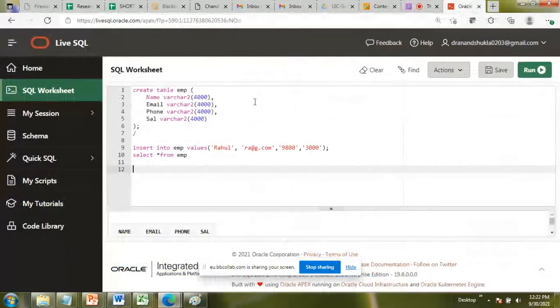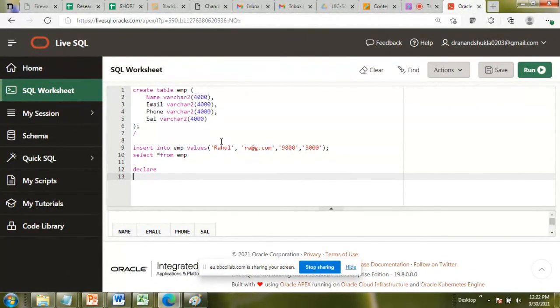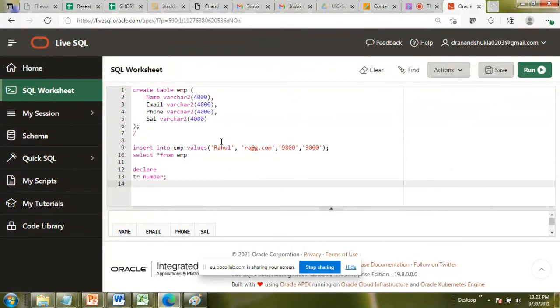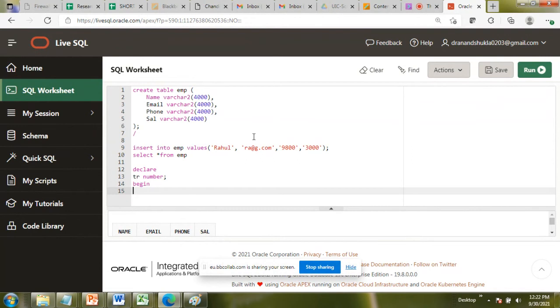So let me create a program for this. Now I'm going to declare here. What am I going to declare? Total row, TR number. See very carefully. If you observe anything, please let me know. Then begin.